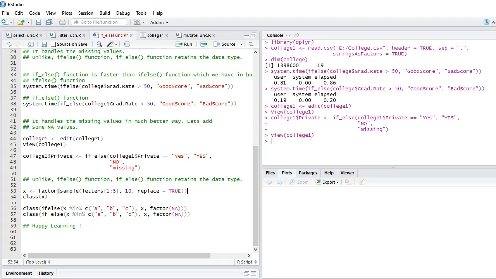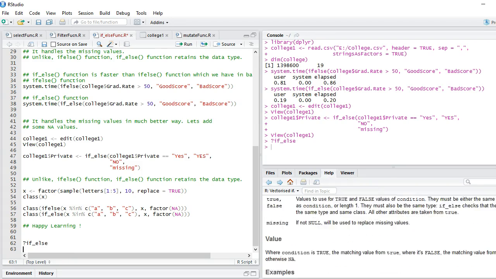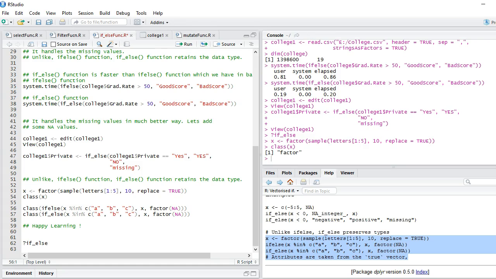I'm taking this example from the documentation of if_else. If you want to see, I will show you the if_else help page. If I run this and go down, you can see I've used this example to explain this. What they have done here is created a factor vector x. If you check the class of it, it says it's a factor.